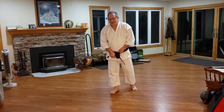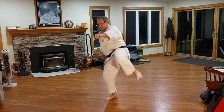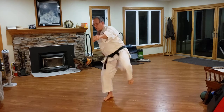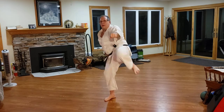Okay, more training. Left leg forward, counter punch out. Keep your arms here, mawashigeri. You're going to pick up your knee, rotate, come back, outside block, counter punch. 1, mawashigeri. Soto uke, gyaku zuki. 2,